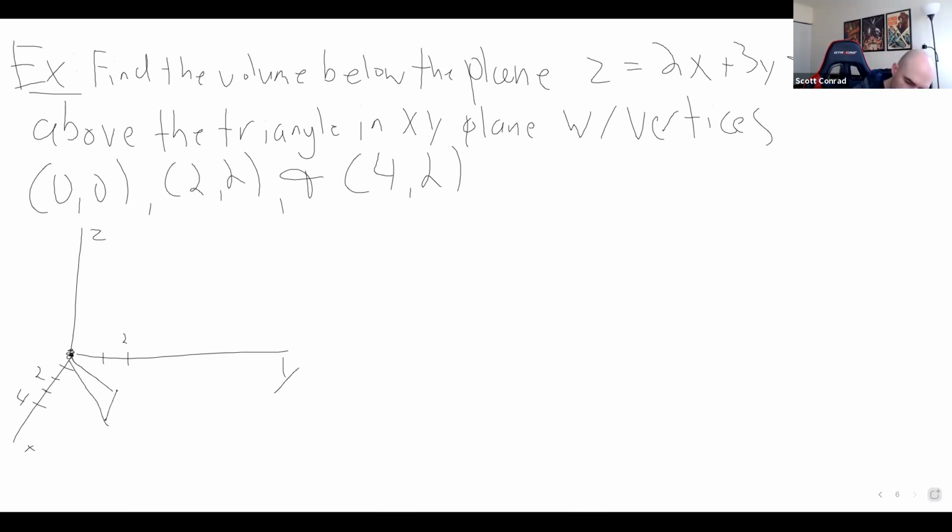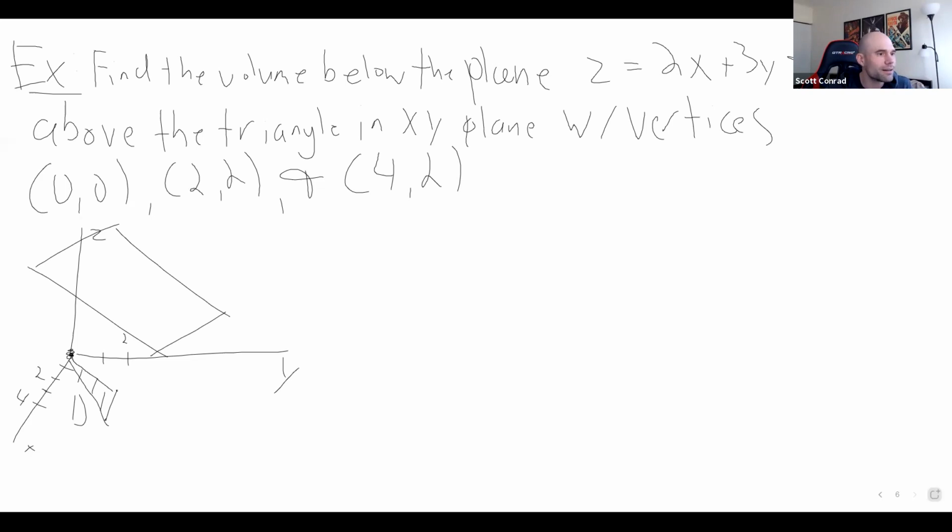So this is our triangle in the xy plane. So we're looking at the volume below some plane and above this region here. We'll call that D. Actually, that's kind of a terrible picture, but here,